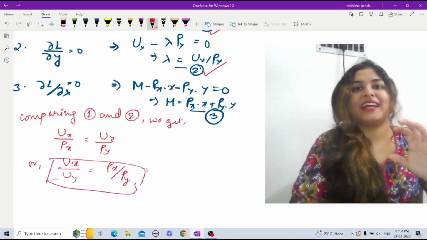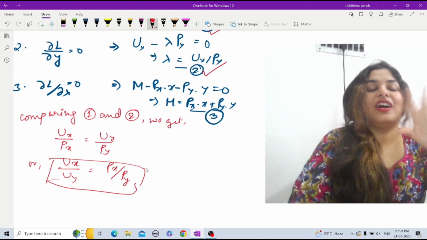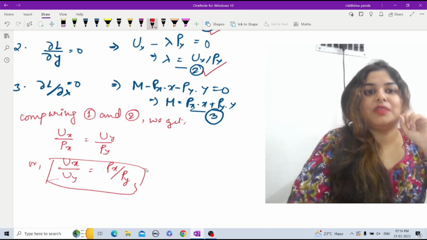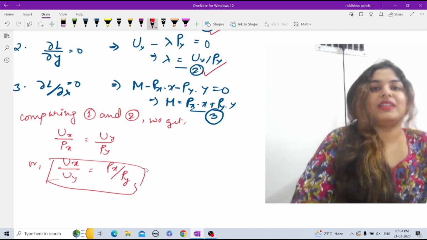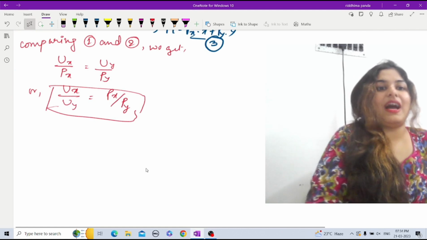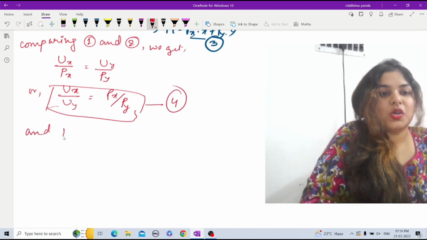Using Lagrange, the equilibrium condition can be derived by comparing the first two first order conditions. So this is actually our consumer's equilibrium condition. After solving this particular equation, let's say equation 4, and putting it in the third equation,